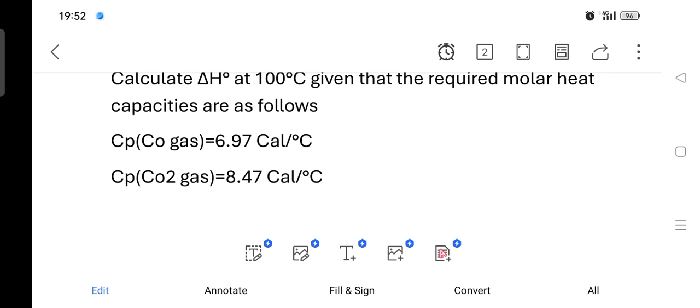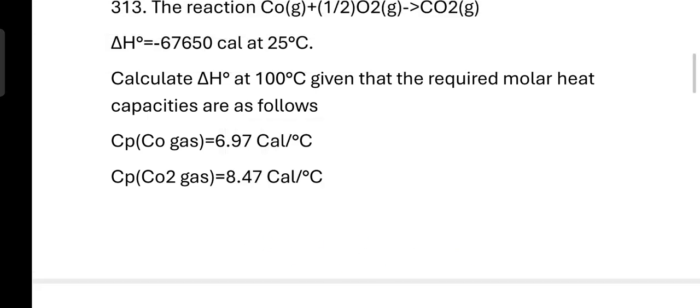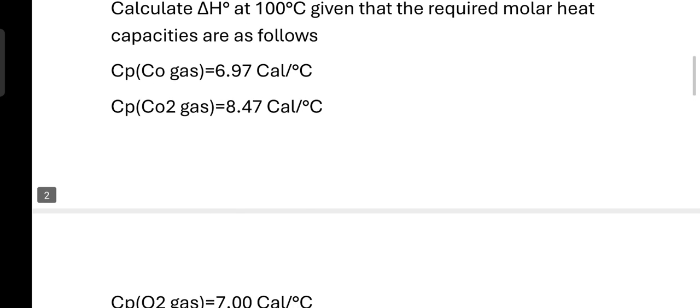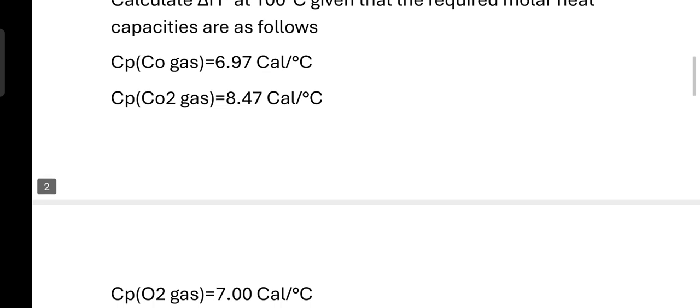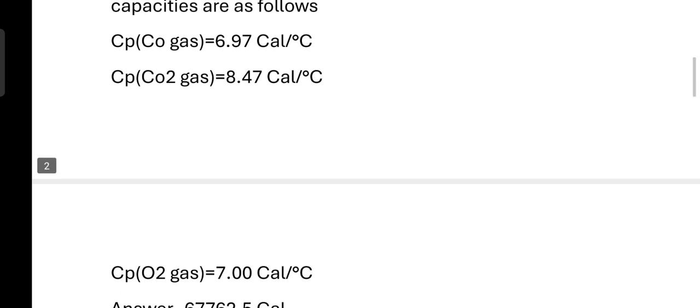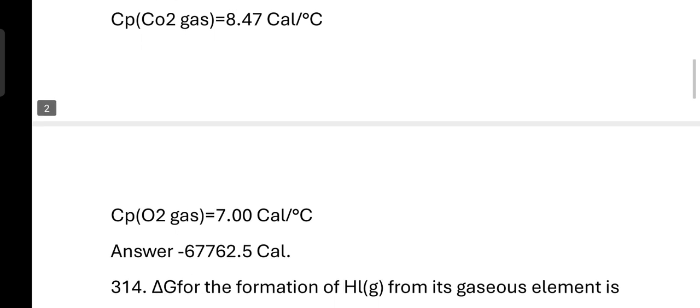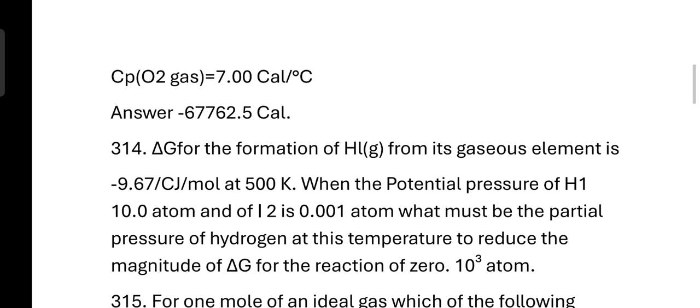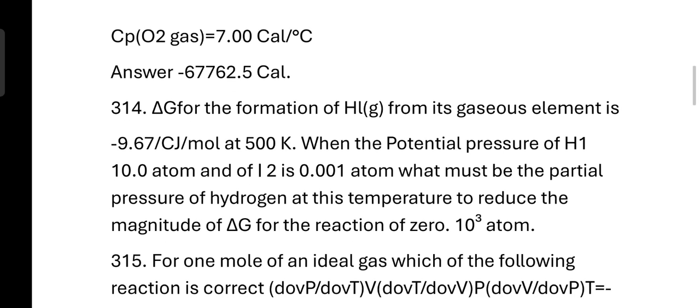Cp of CO gas is equal to 6.9397 calorie per degree Celsius. Cp of CO2 gas is equal to 8.47. Cp of O2 gas is equal to 7.00. Answer: minus 67,762.5